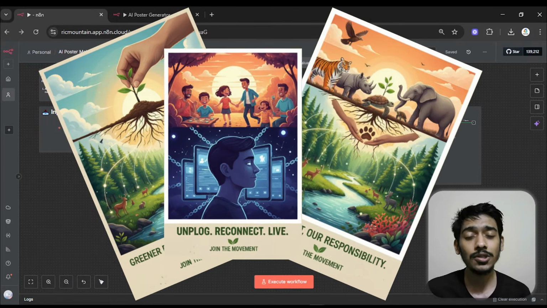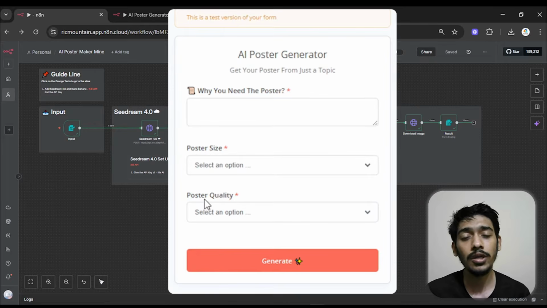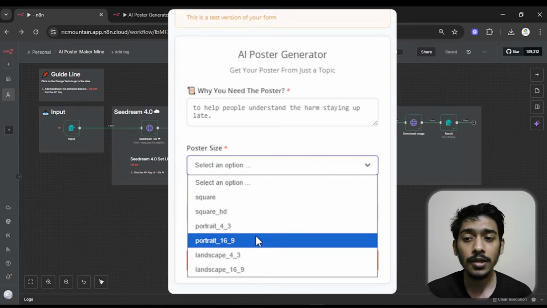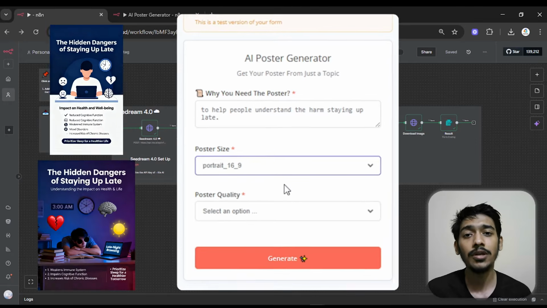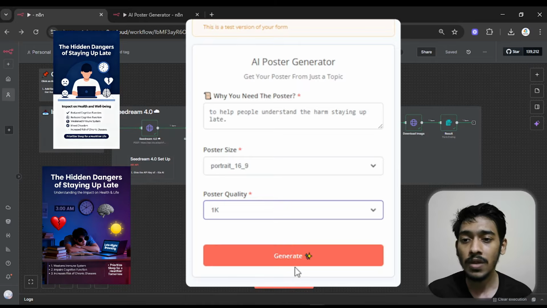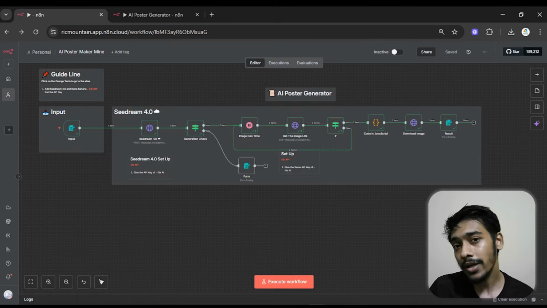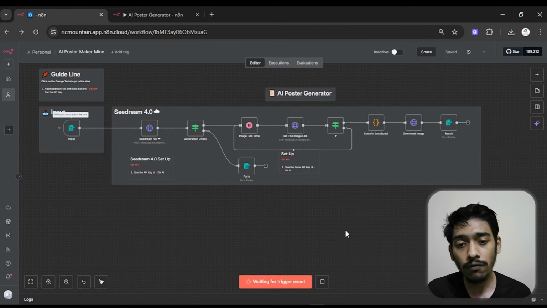I made an AI poster generator agent inside n8n where a user only has to give the reason why they need the poster, and based on that, this AI system will generate a beautiful poster for the user. So this is the agent I'm talking about. You can see that it's looking very good, and the user only has to click execute workflow, and